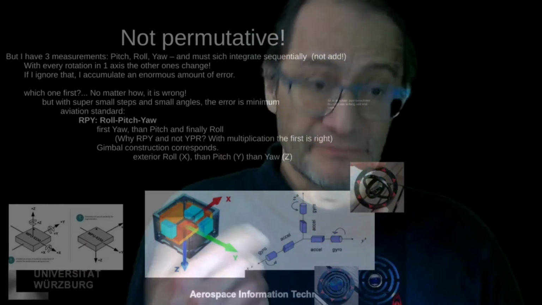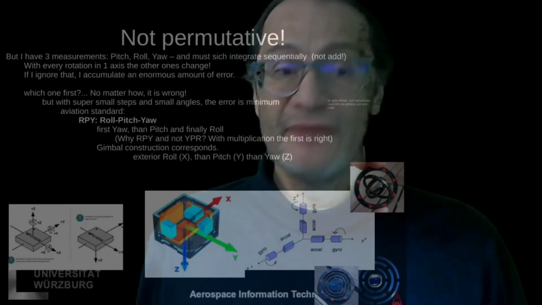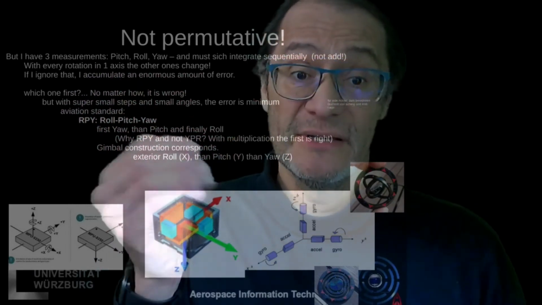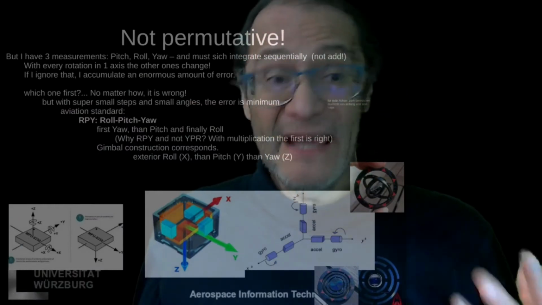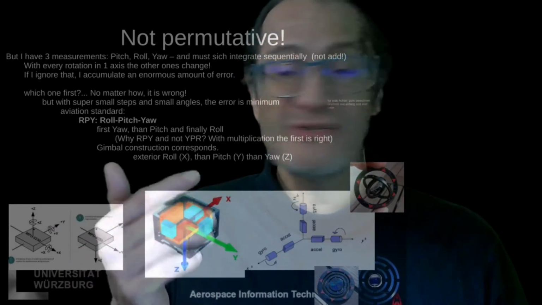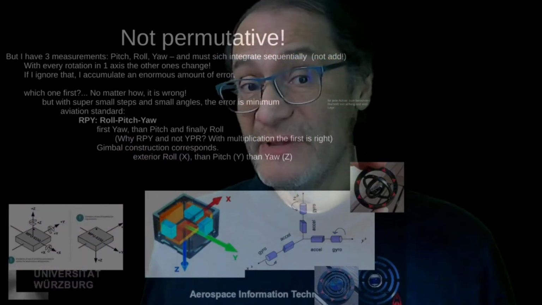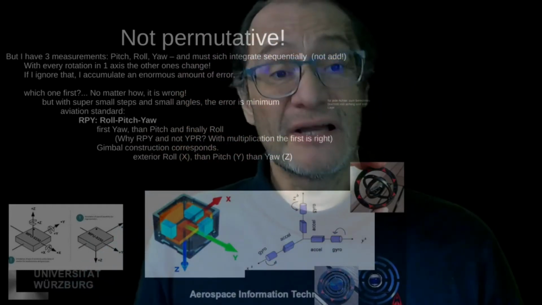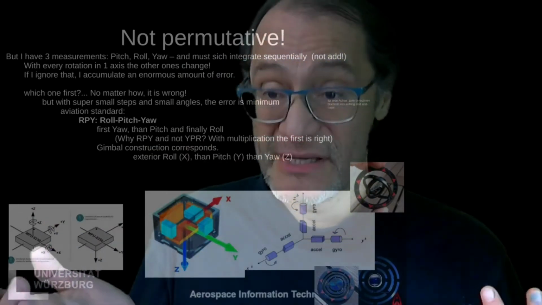I was mentioning we have to accumulate the rotations. Even if all these rotations occur at the same time, in our computations we have to do a sequence. Which shall we compute first, then next, and then next? In any case, we are making a computation error, and this error will accumulate after a few minutes or maybe hours, according to the step size and the rotation speed. The error can be so big that we have to recalibrate the attitude using other means, not only accumulating